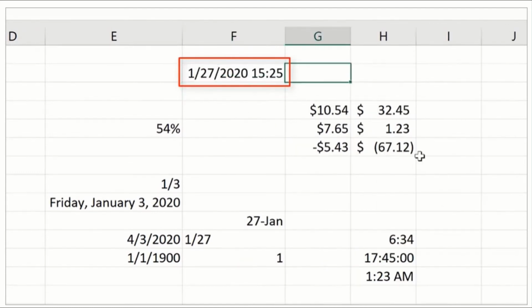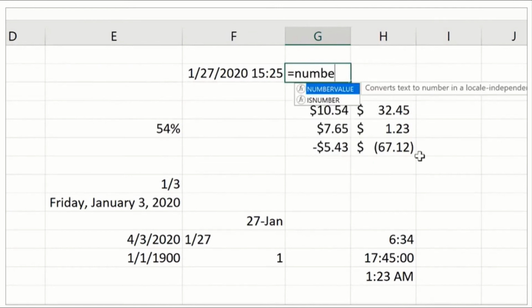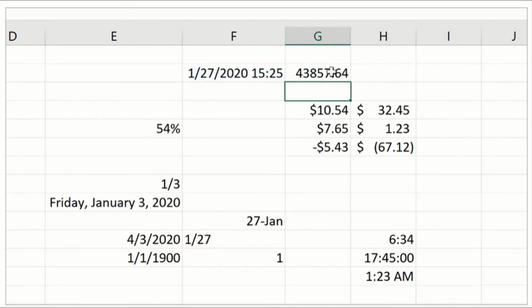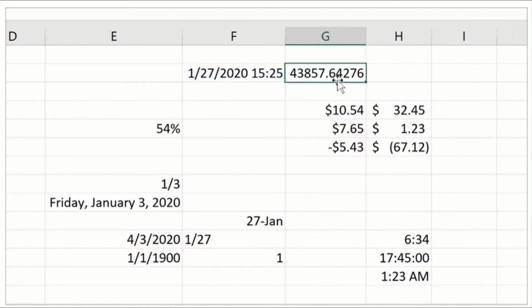And that is the function now with empty parentheses. This gives us the date and time. If I convert this, if I use the number value function for this, or if you convert that just to a number, you end up with a serial number. This 0.64 is telling us the fraction of the day. So right now it's about